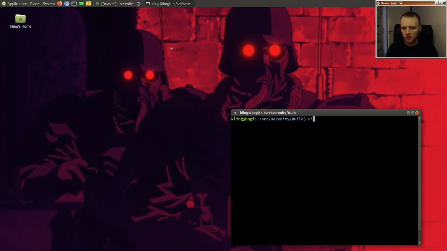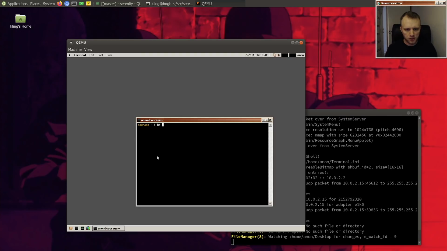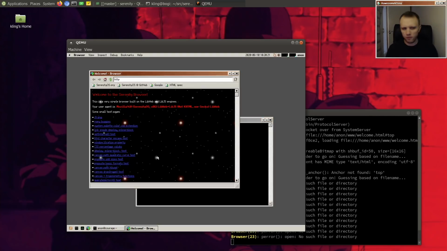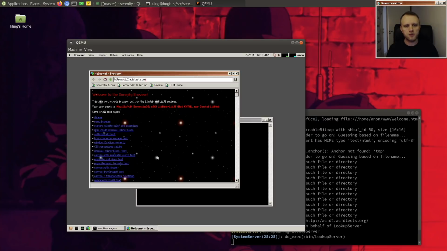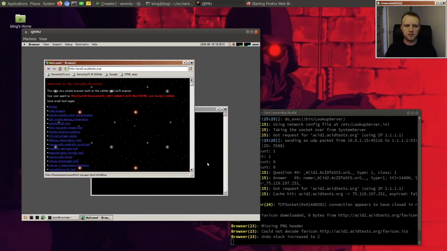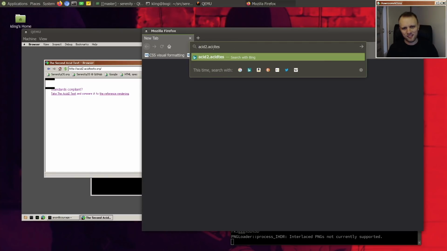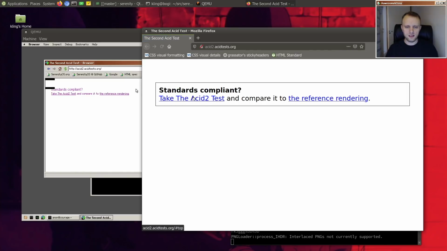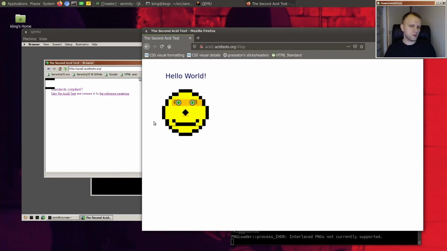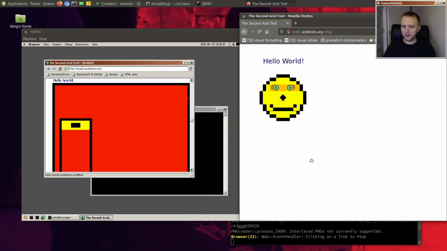Today we are going to take a look at the second ACID test, or the ACID2 test for short, which is a browser standards conformance test, which tests various things about your browser and sees if you can render something correctly. Let me bring it up in Firefox just so you can see what it's supposed to look like, and we can compare it. So this is where we're supposed to get to, and if we take the test here, this is what we currently got. As you can see, we're pretty far from the intended